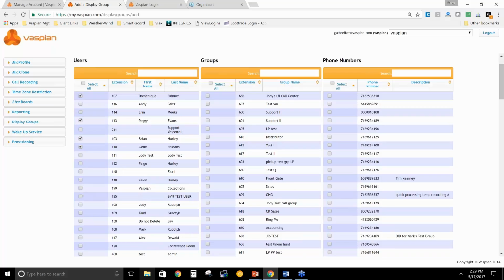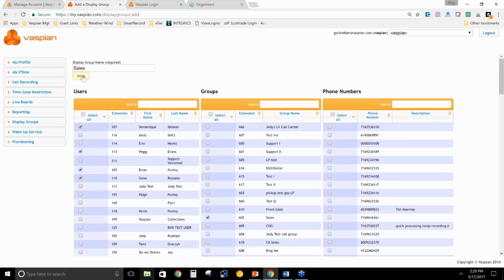So also I can add in groups, like hunt groups. This might be like off of an auto attendant, I press 3 for sales, or I press 5 for sales. Maybe you have a sales number or a customer service number. You can go in and add each of these granularly, and it's just going to provide more data. So if I save this now